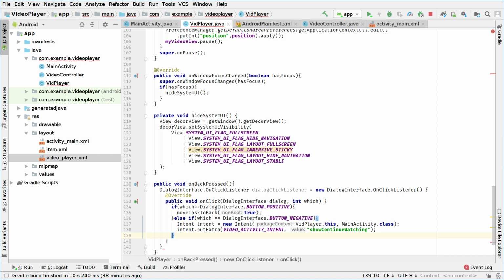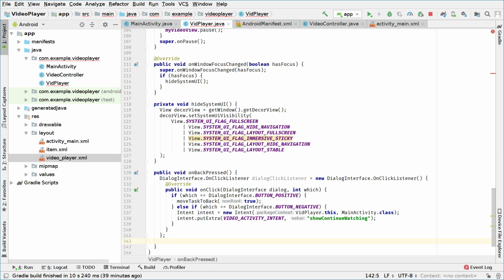And now we are, I think, almost done with this. Okay, let me see. We have added the positive button and the negative button, as you can see, but we still are not showing the dialog, so we have to show the dialog. Of course, we go outside the click listener, and we first end this with a semicolon,